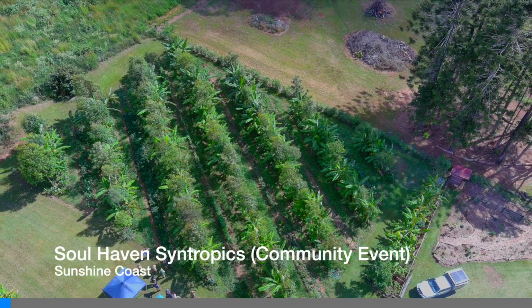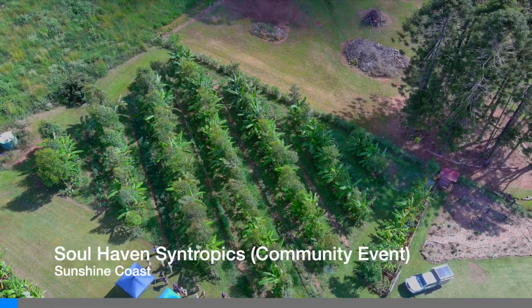And this was at Soul Haven Syntropics, which was actually one of the community events that we did on Sunshine Coast of Australia. Looking at how you're managing support species, what height you're pruning things at, how you're thinning banana clumps, right? I find that the more healthy the system is because I've been aggressive on the banana management. Yeah. We haven't been as aggressive on the banana management and aggressive with, I suppose, the way that things are being pruned and managed. The eucalypts that we're talking about,